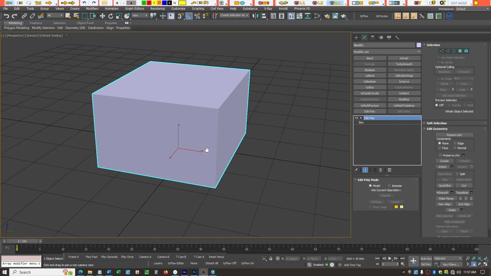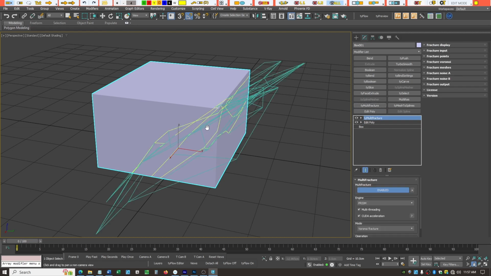We've got a box that's been turned into an edit poly that has material ID 1 assigned to all of the polygons. So to fracture this object, all we have to do is drop the modifier on. This mesh looking thing, that's a representation of the fracture mesh, and the yellow is intersections. But for now, we're just going to turn off those